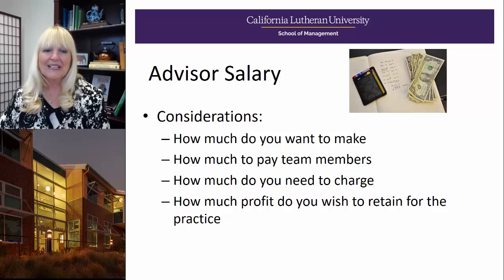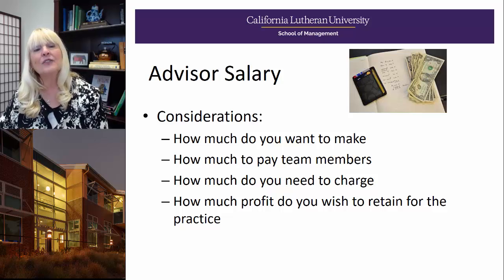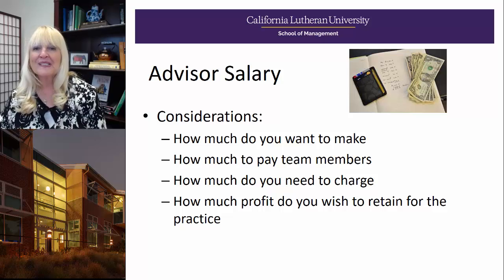Advisor salaries. Now, this is not only the owner, but any team members that you hire that are licensed, and you have to think about what you want to make yourself and how much to pay your team members and what that means. You need to charge clients in order to support these salaries. And then of course you have to factor in profit. So in other words, you can't